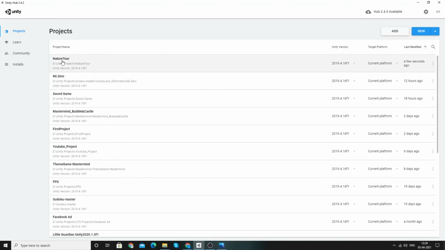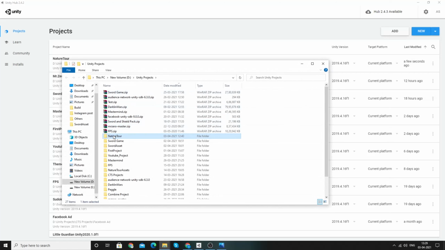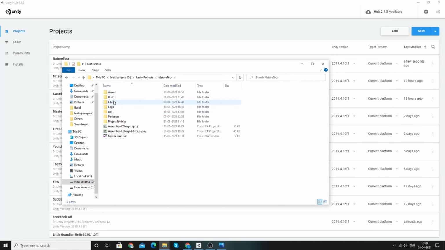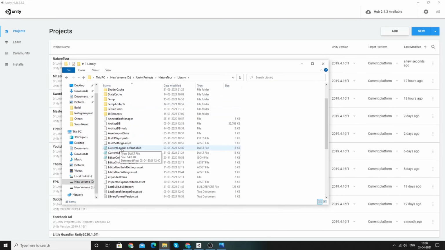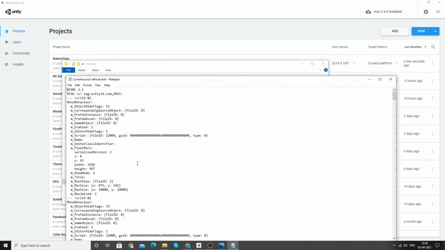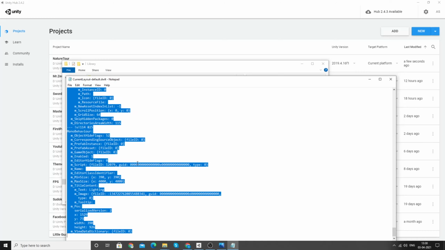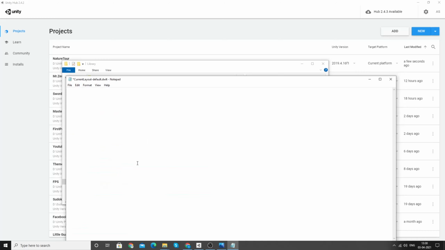In my case, I'm facing the issue in this project. Go to Show in Explorer, and in this project here's the Library folder. Here you will see the file called CurrentLayout-default.wlt. Ctrl A, delete all, and paste what we